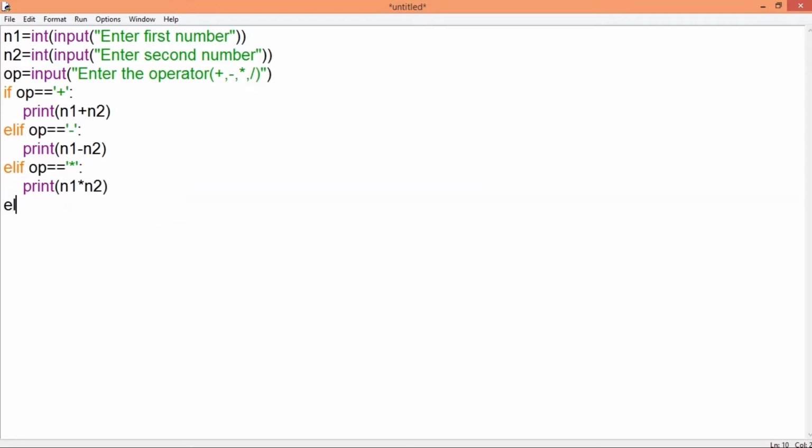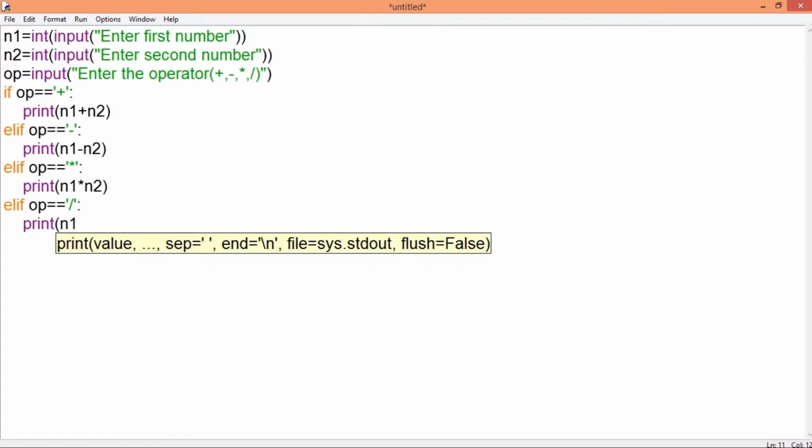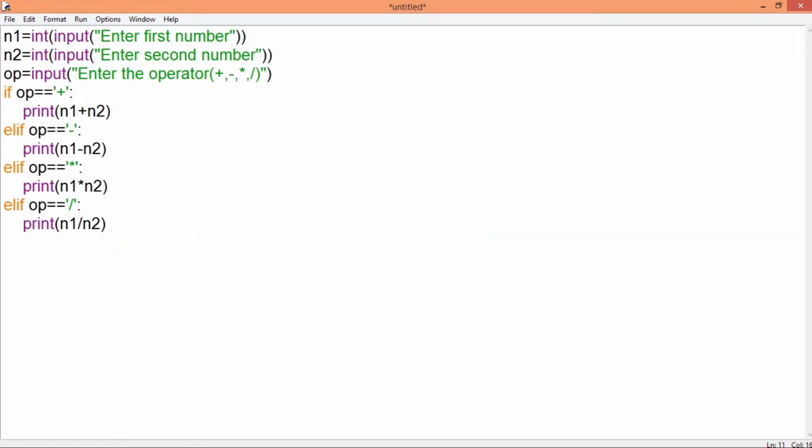The last operation is division, so I'll write op equal to. This double equal to operator will check the value of op against the symbol on the right side, whether they are equal or not. So this is a relational operator for equality, and here I perform n1 divided by n2.